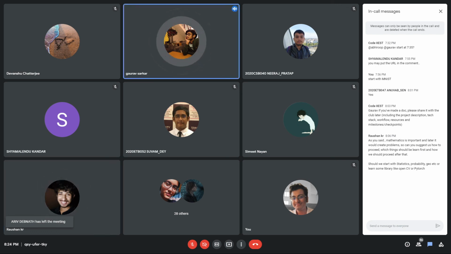If you think that part is boring, then what you can do is, like I mentioned, OpenCV. There are a few simple projects on OpenCV. For that, you just need basic Python skills. If you know basic Python, then you can read their documentation and work on that, right? It would be an interesting one for you. And then you can again come back to the mathematics part. You can say, okay, this mathematics is boring, so I am doing that. Then you again come back to this. Like this, you can continue, I guess.